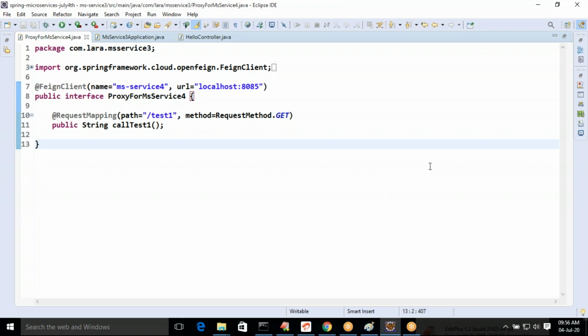For load balancing purposes, we have to use Ribbon along with the Feign client. Ribbon is a separate software, but it should be used along with the Feign client. Feign client along with Ribbon, we can achieve load balancing. That Ribbon we will see in the next topic.